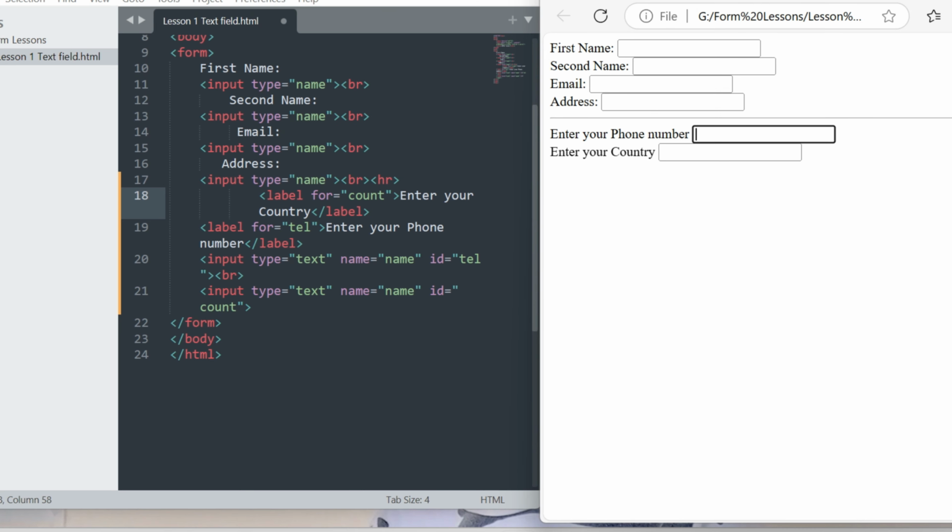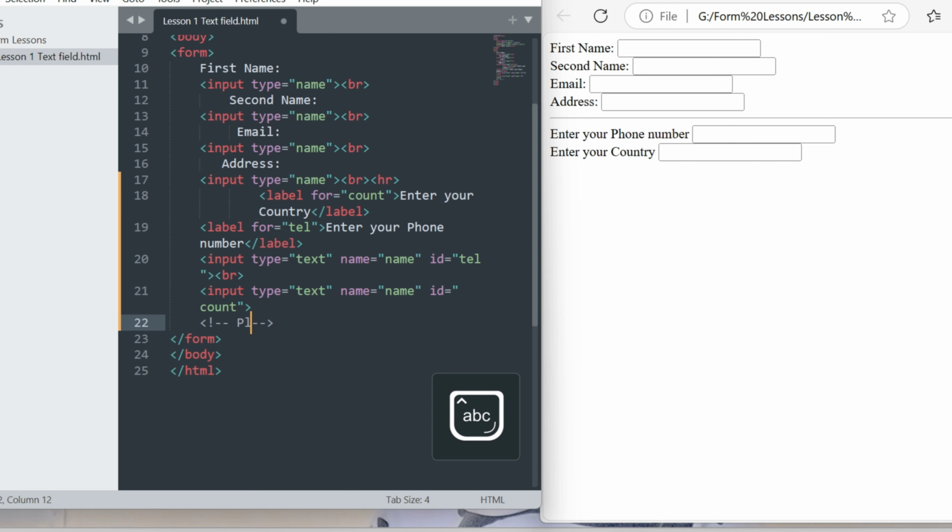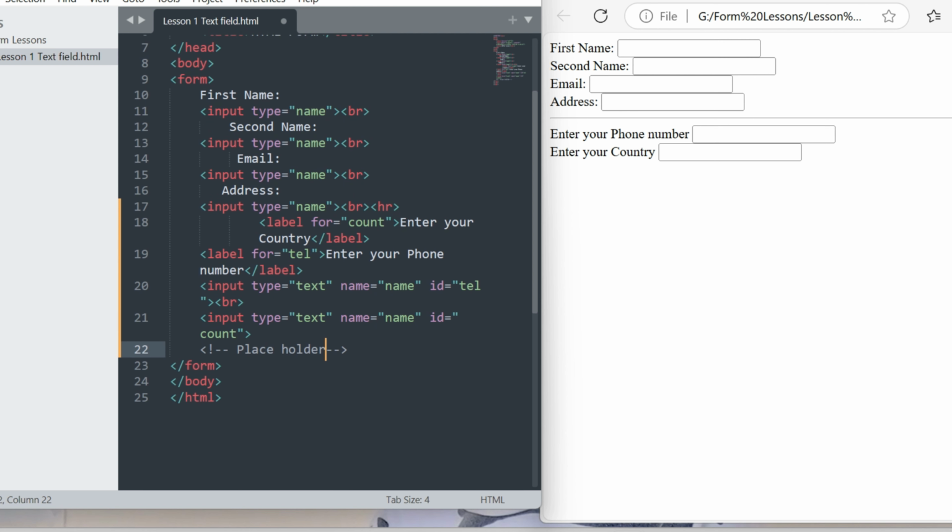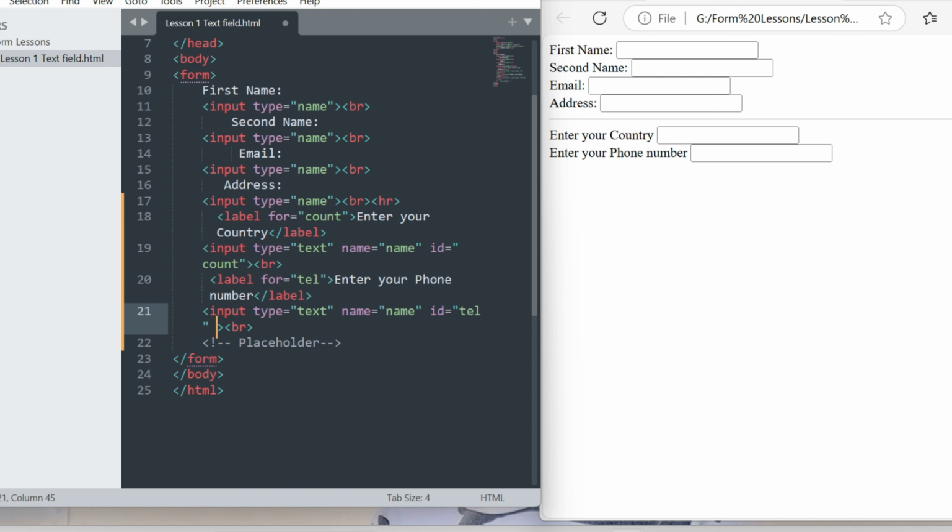That feature is called a placeholder, right? The placeholder is very important, and it helps you to make your HTML form and your website in general very attractive. This is what you call a placeholder, like this. It guides users on what he or she is going to fill in the HTML form. As for the placeholder attribute of a text field, we have to use it inside of input type equal